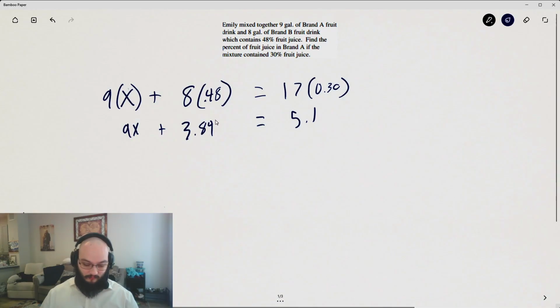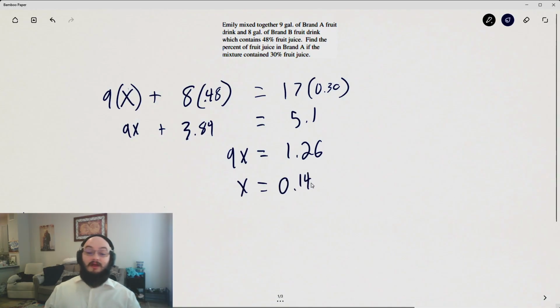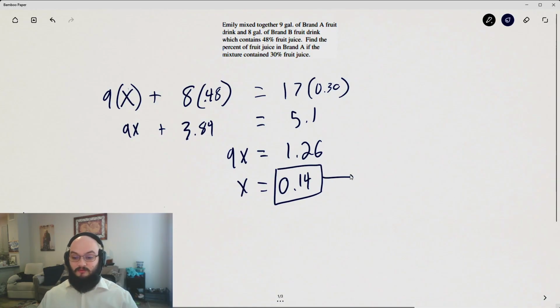Subtracting 3.84 from both sides, we get 9x is equal to 1.26. Finally, dividing both sides by 9, we get x is equal to 0.14. Now remember, we were looking for a percent in our answer. We're finding the percent of fruit juice in brand A. So we're going to convert this decimal back to a percent by moving our decimal place twice and get 14%